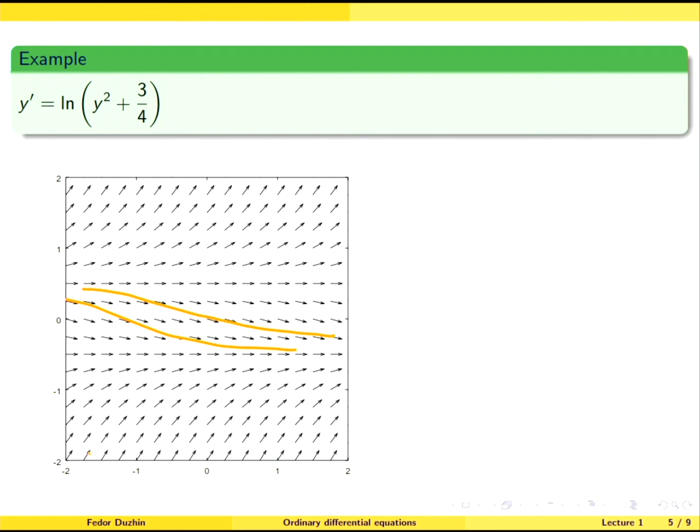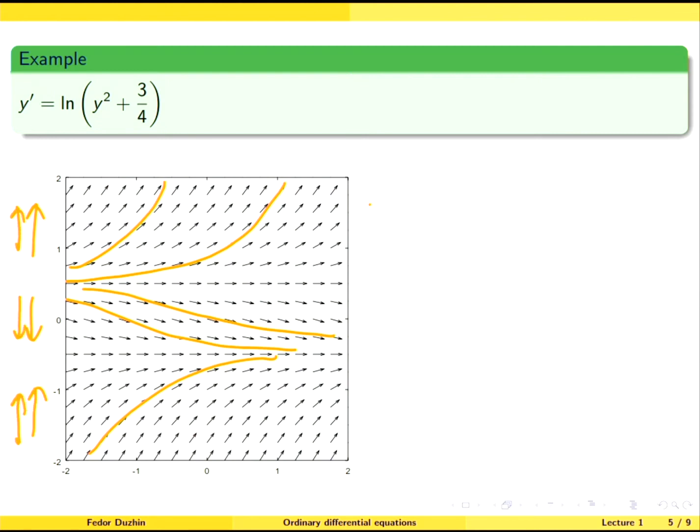Solutions that live here are increasing functions, and they approach negative 1/2 too. And solutions that are in this part are increasing functions, and they approach infinity, right? So let me write that solutions here are increasing, here solutions are decreasing, and here solutions are increasing,